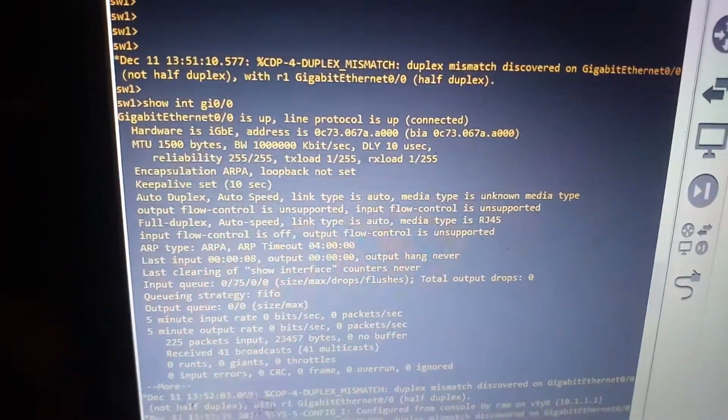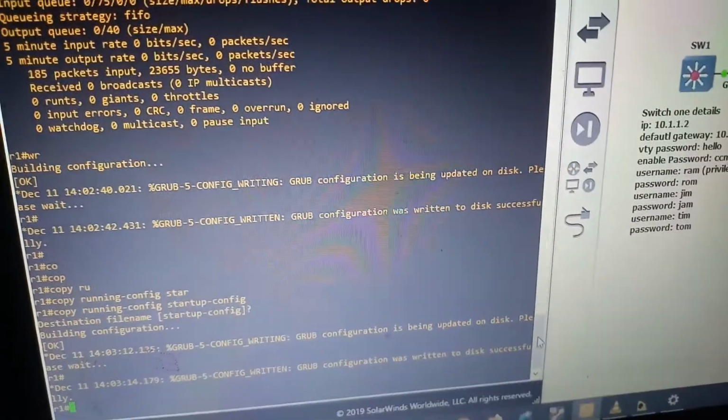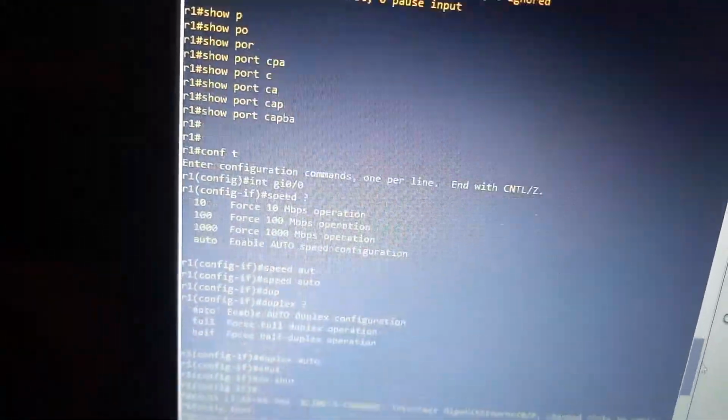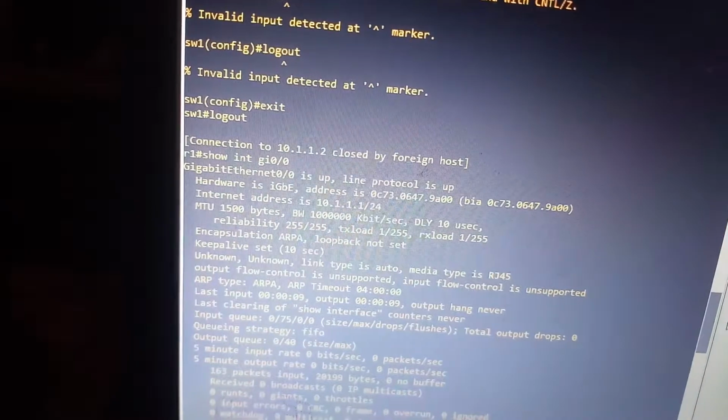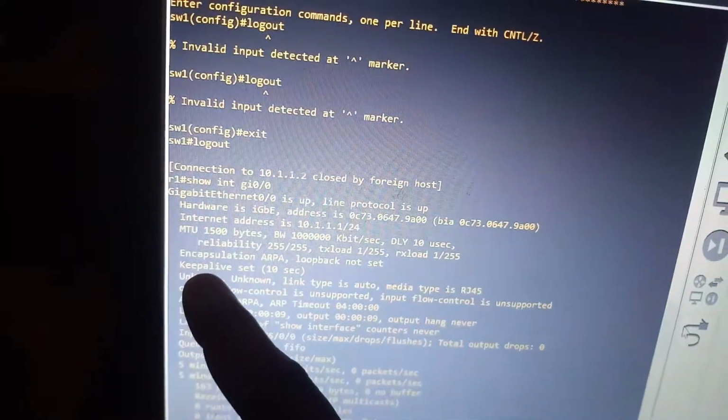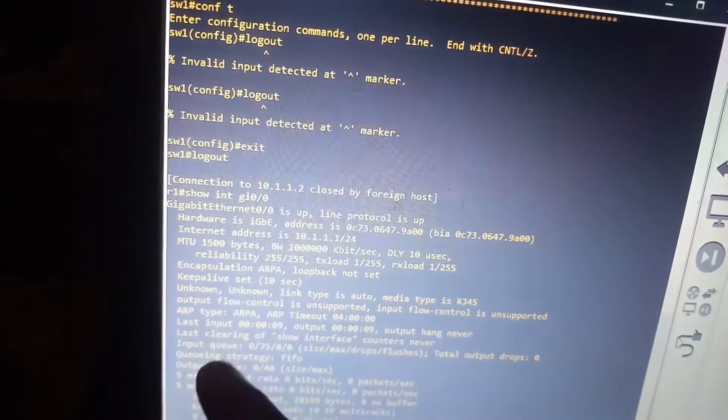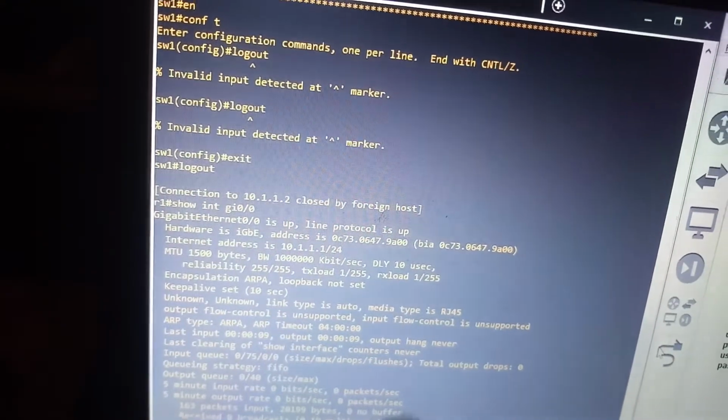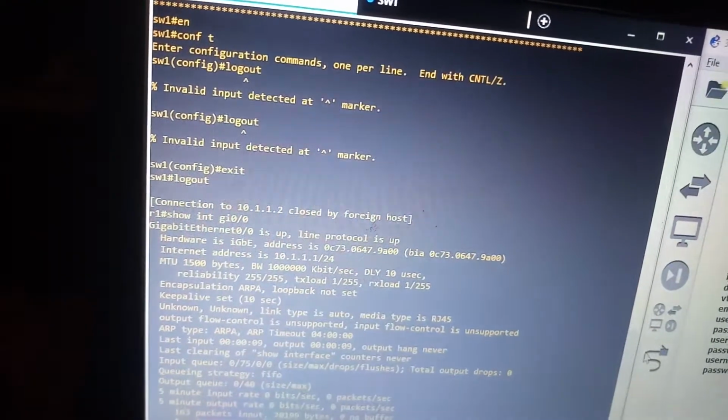Now, when I ran the same command on the router, I found something pretty weird. By default, it is showing that speed and duplex are unknown.